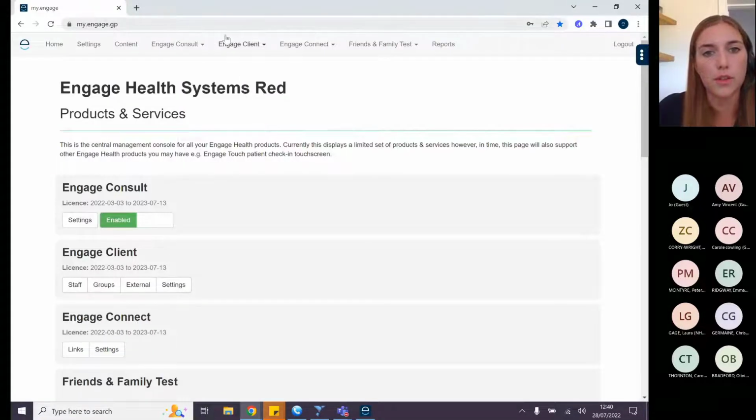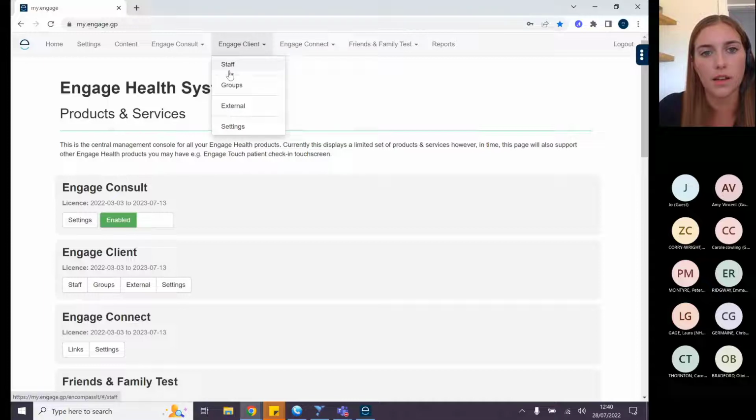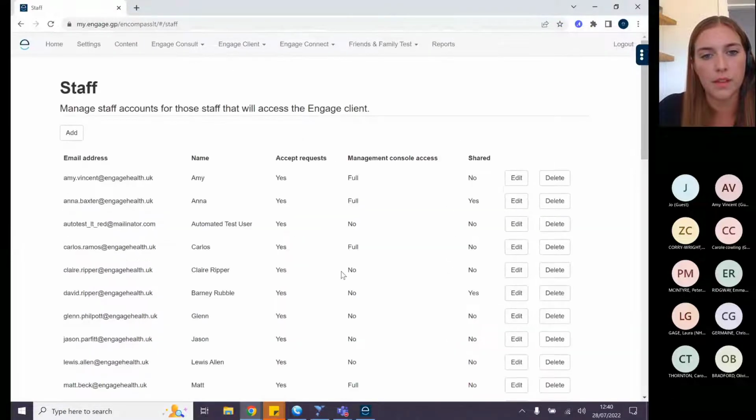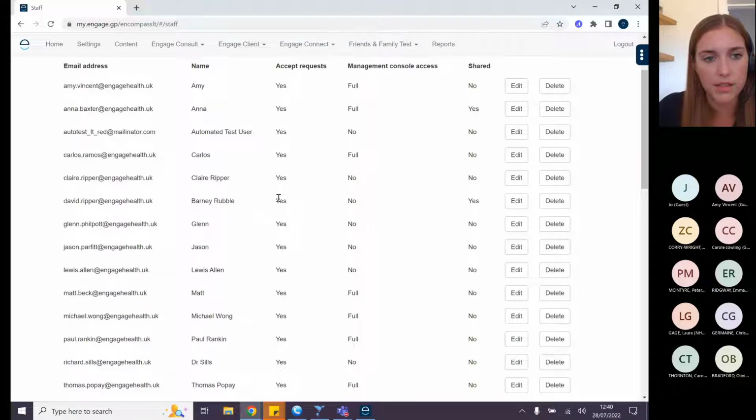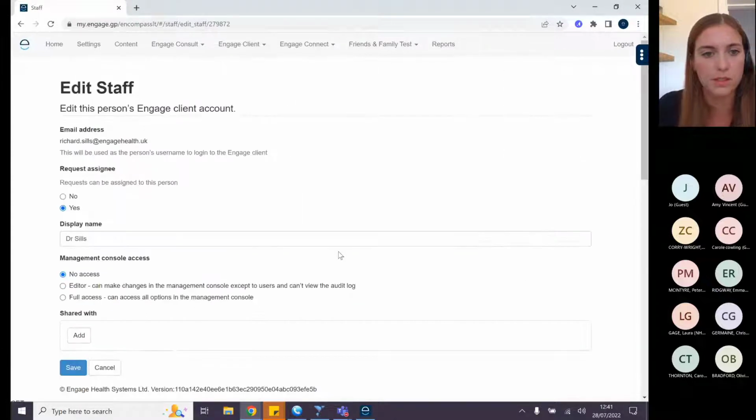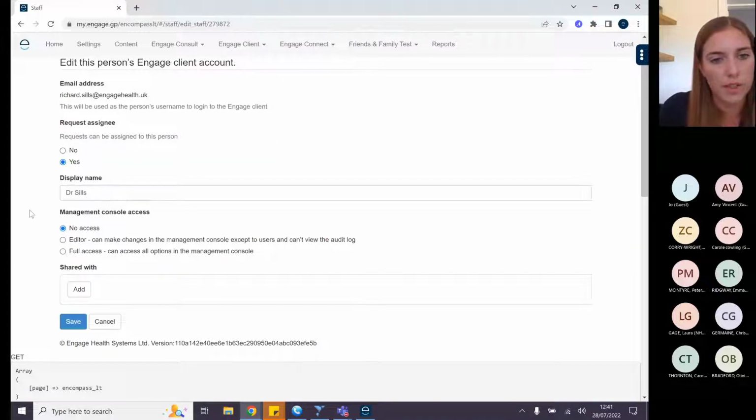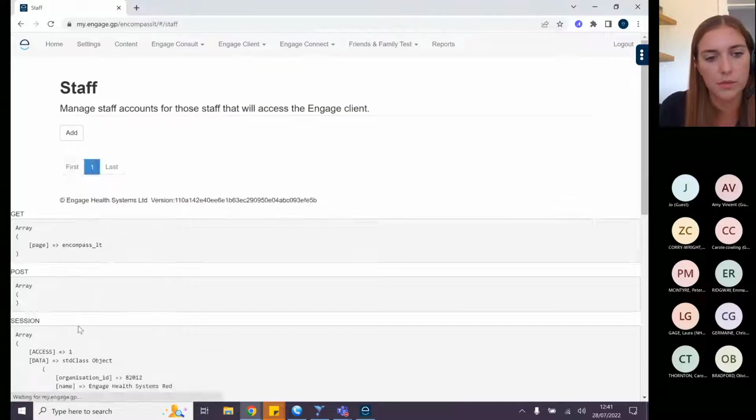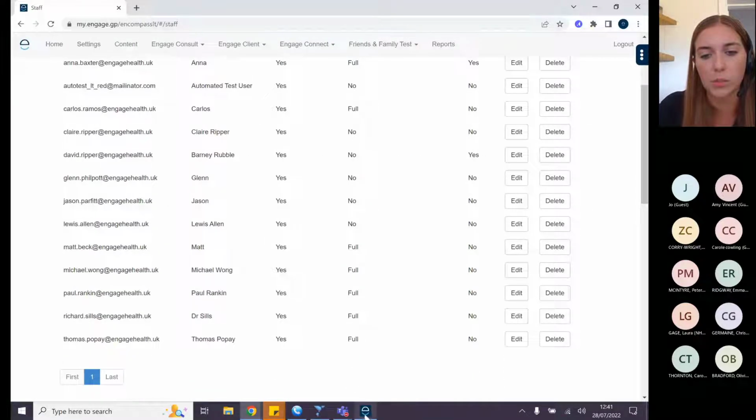When they log on, you go to Engage Client, the staff, select the staff member you want to give access to. So for example, I'll give access to Dr. Sills. So I'll go to Edit for Richard Sills. And then where it says Management Console Access, give them full access, click Save. And once you've then done that, they'll be able to access the toolbar,